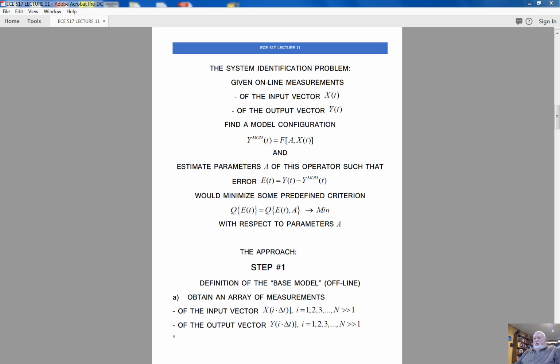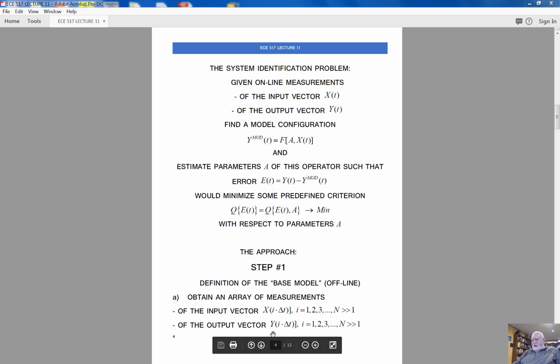Now we will follow the approach. The approach implies that we have to perform step number 1, the definition of the base model. And this is a step that is performed offline. To perform this step, first we have to obtain an array of measurements of the input vector x and the